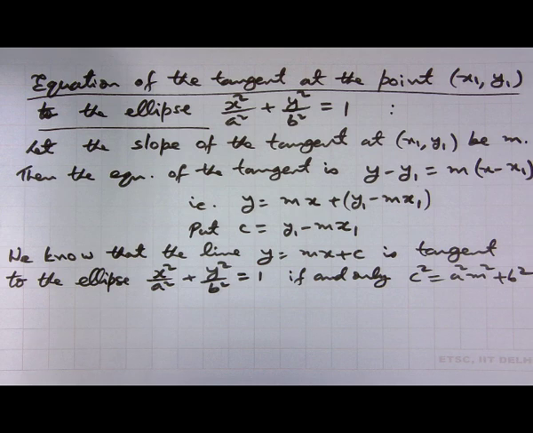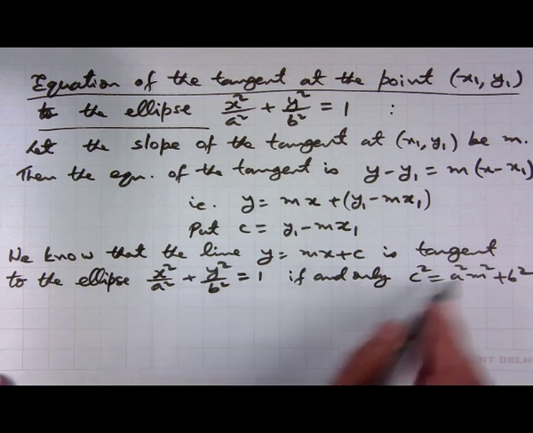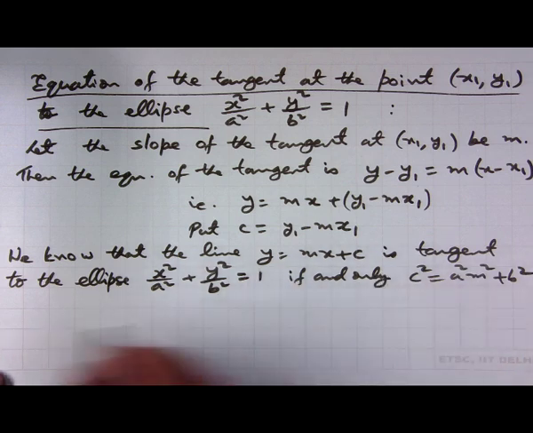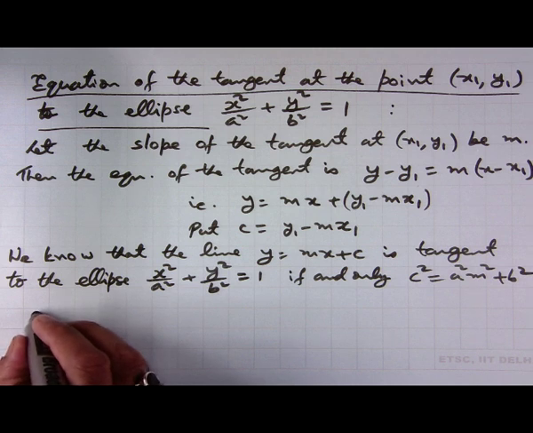This is the condition for the line to intersect the ellipse in just one point, in which case it will be tangent. So, this is same thing as